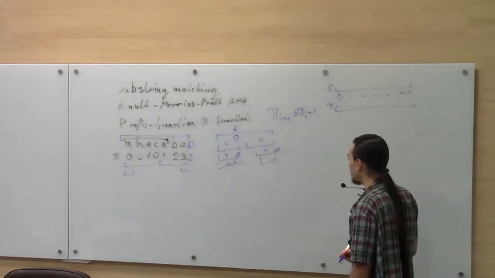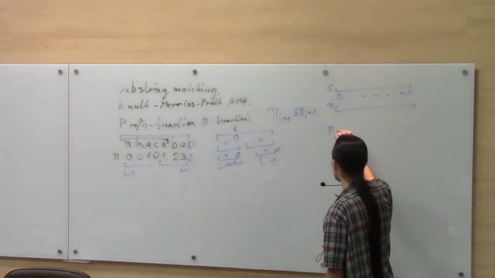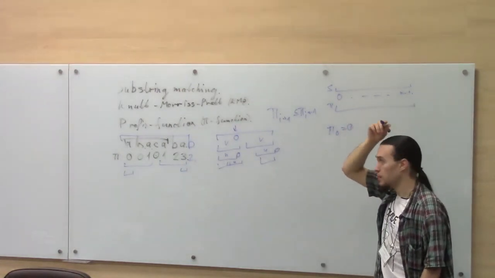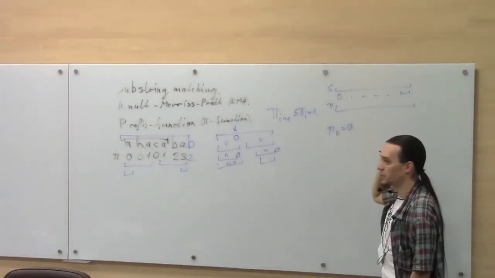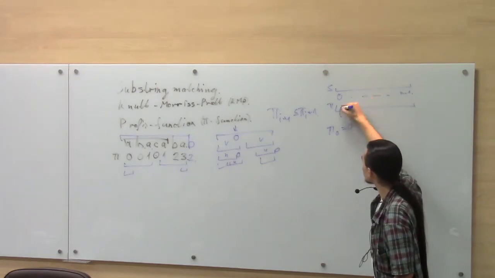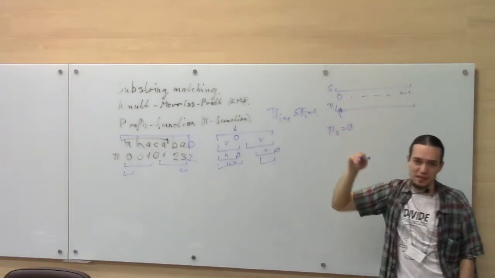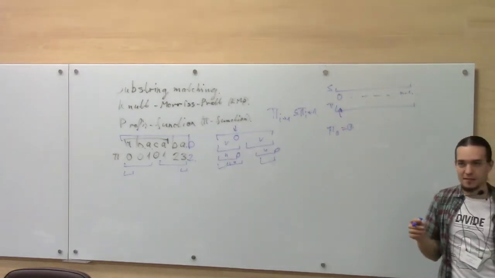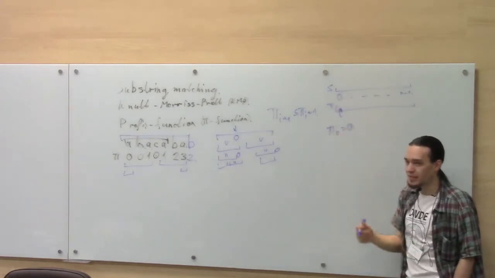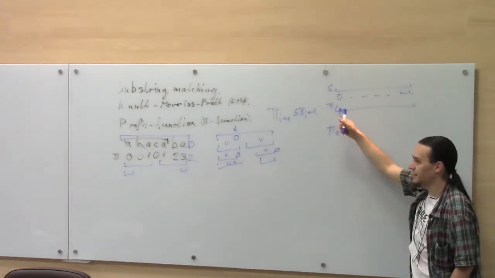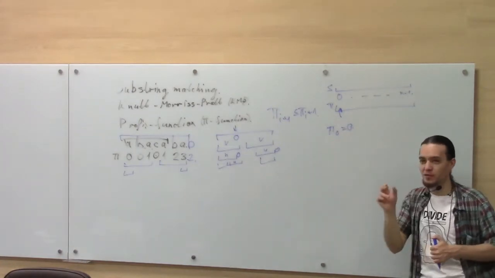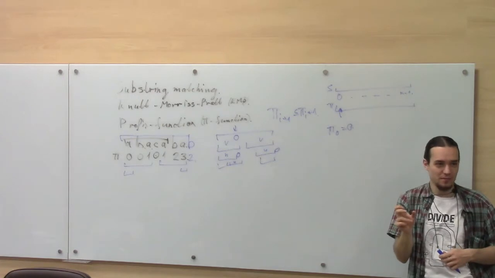The first thing that we do know is that p0 is 0 by definition. p0 is the prefix function that ends right here at the 0th character. So the index here is the actual index in the string, because sometimes the index is used as the number of characters. This in fact corresponds to the prefix function of a single character rather than an empty string, just so